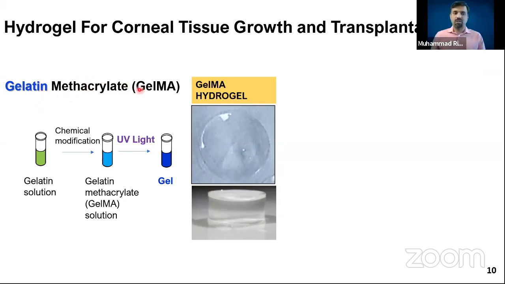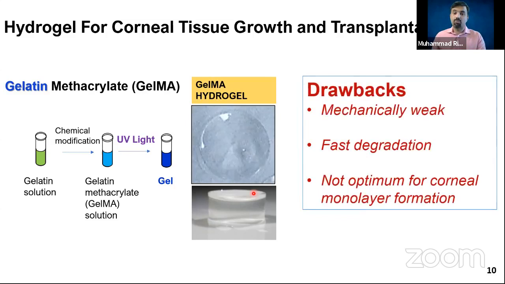So we can do some chemical modification to make gelatin methacrylate. Why? Because methacrylate groups can be cross-linked using UV light. So basically we can shine UV light on this methacrylate solution, and it will form a nice hydrogel. The idea is simple. We start with gelatin solution. We do some modification to make gelatin methacrylate. We shine UV light and it'll form a gel. This gel can be formed into a thin film or into a bulk 3D culture hydrogel also. But there is a problem.